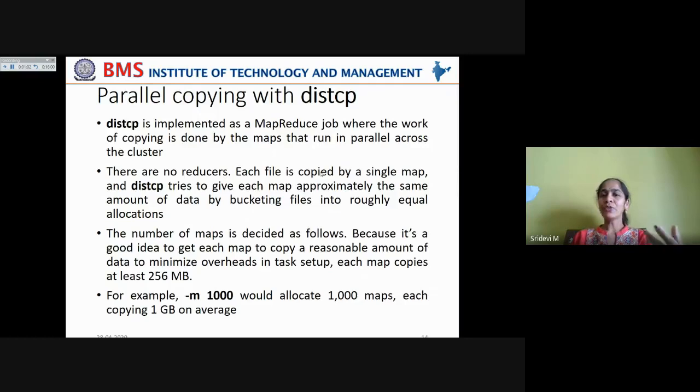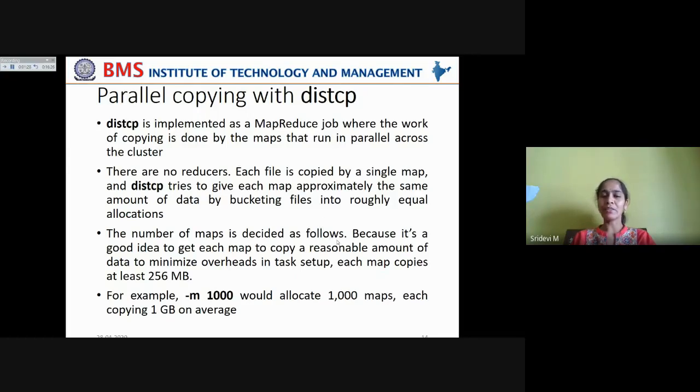So each file is copied by a single map, and distcp tries to give each map approximately the same amount of data by bucketing files into roughly equal allocations. So it will accumulate the data and try to give the same amount of data to each map job in order to copy it from one cluster to another. Now the number of maps is decided as follows.